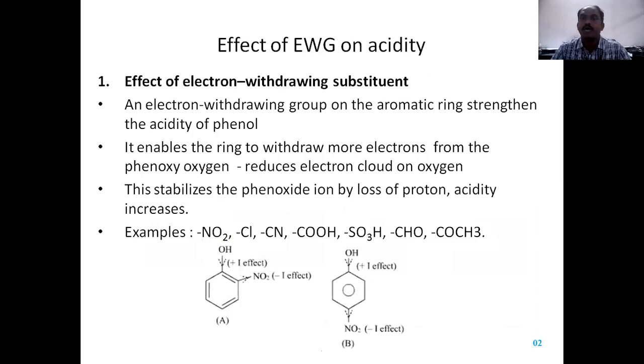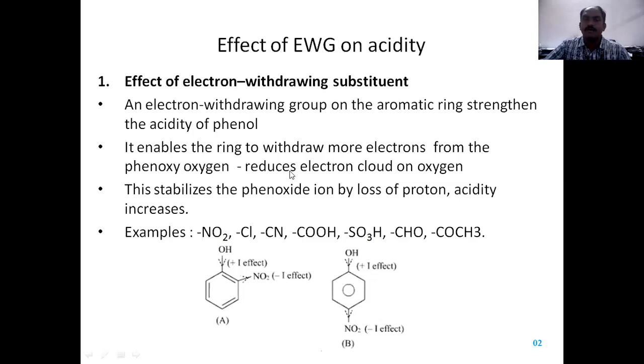Electron withdrawing group on aromatic nucleus strengthens the acidity of phenol. We have studied again, electron withdrawing groups will increase the acidity. Why? Because it enables the ring to withdraw more electrons from the phenoxide ion. Why does an electron withdrawing group increase the electrons from